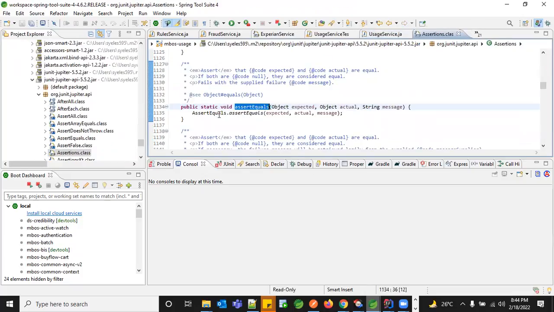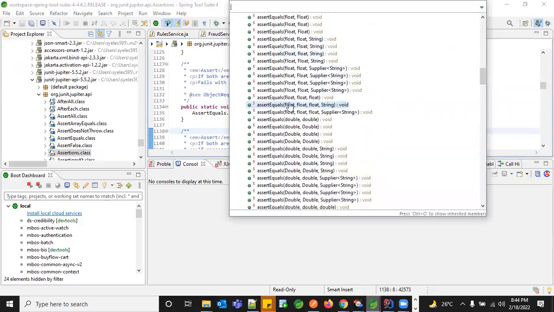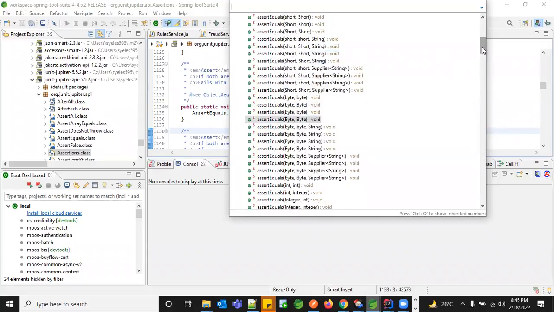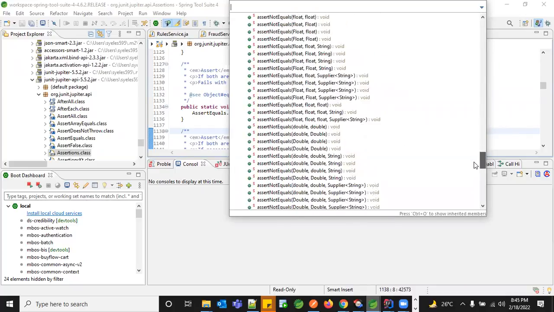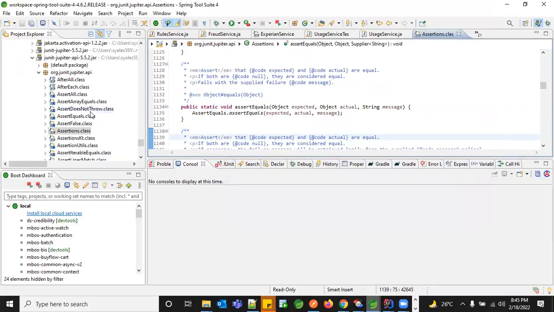So if you go into this assertion, you have multiple assertions like assert equals with values of different data types, and you can assert null, or if it's a Boolean, you can assert that. If it's some criteria or situation, you can do those kinds of assertions. And if you're planning to get an exception, like a null pointer exception, you can even catch those exceptions here. So this is assertion.